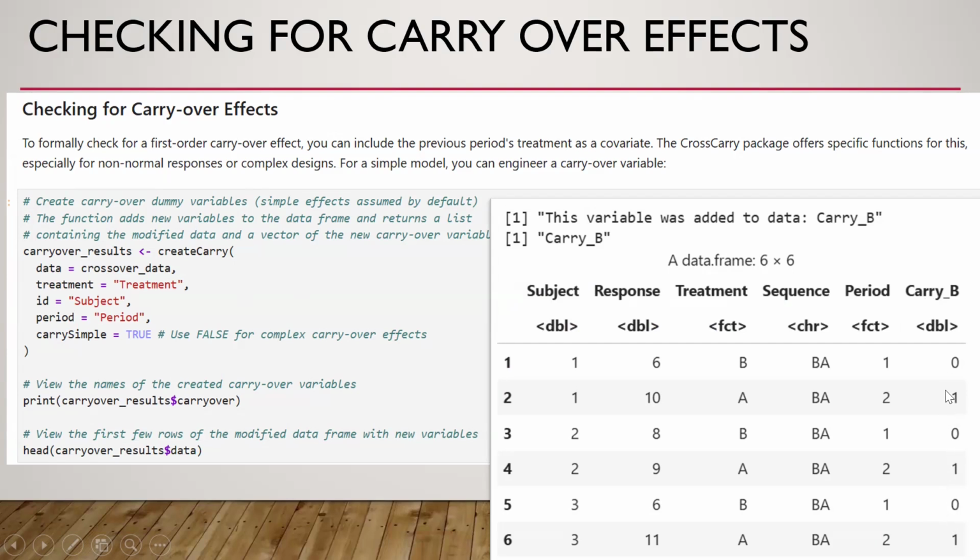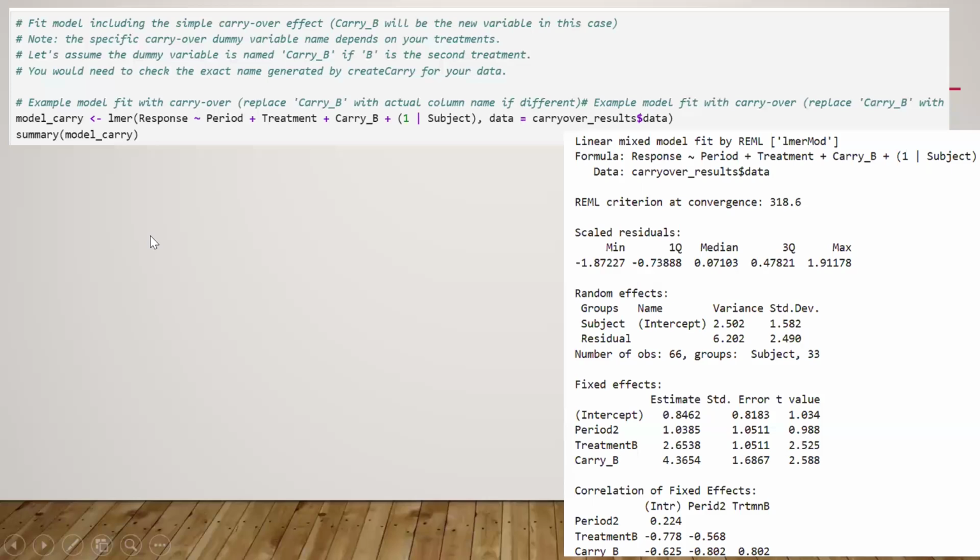We need to assess the carryover effect in A, because A is in the second period. Then we can again apply the linear model with a carryover effect, carry B, and we found that the carryover effect is significant here.